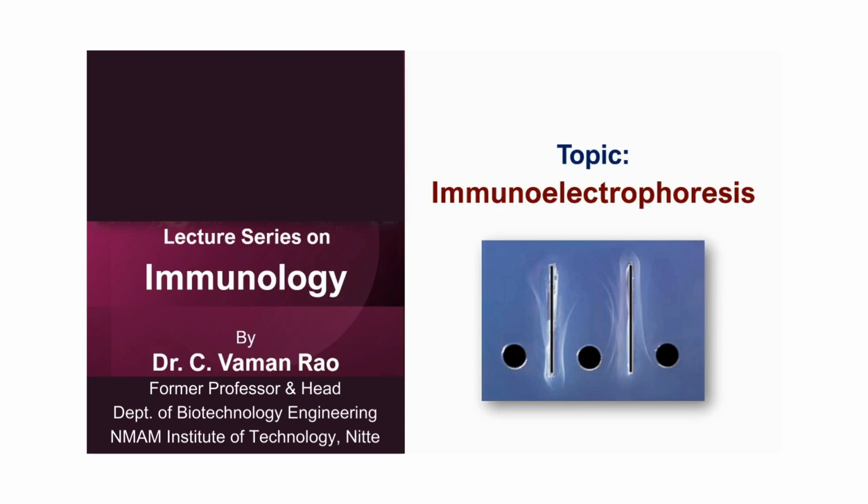I'm going to explain about immunoelectrophoresis. It's another precipitin reaction technique to demonstrate the purity of the antigen or the antibody, which can be checked by this procedure. Now, the antigens or antibodies are generally purified for the purpose of developing a diagnostic kit, or